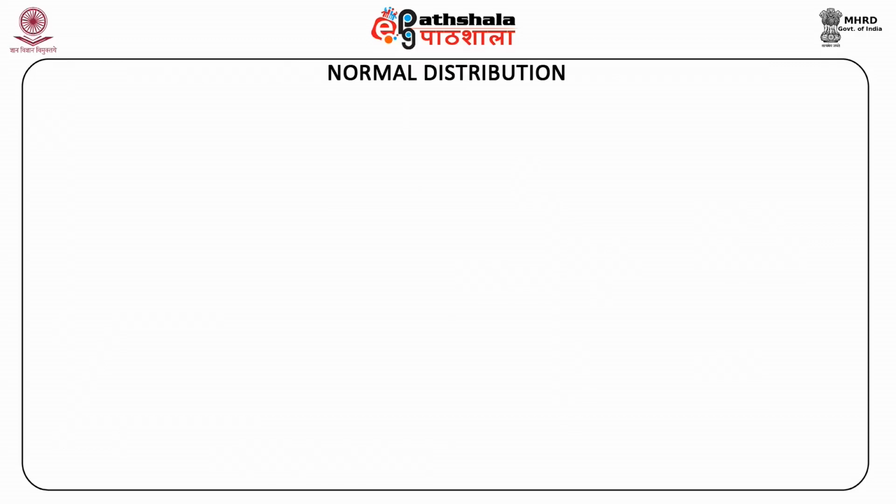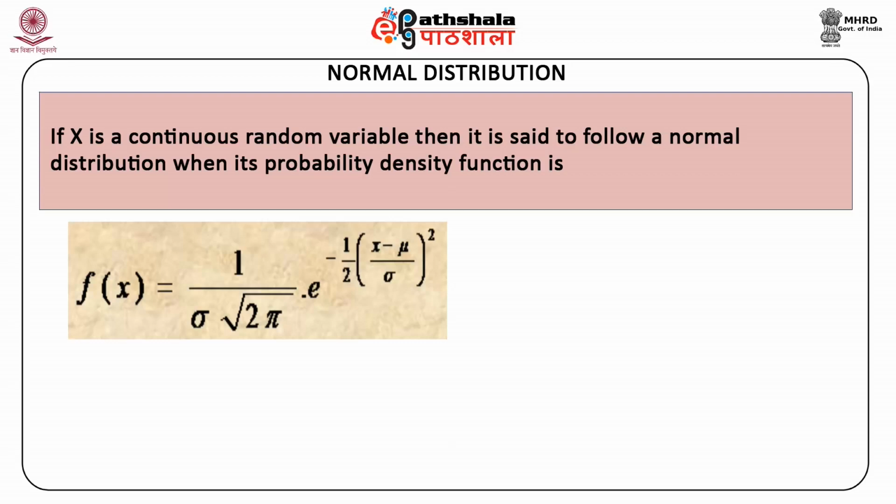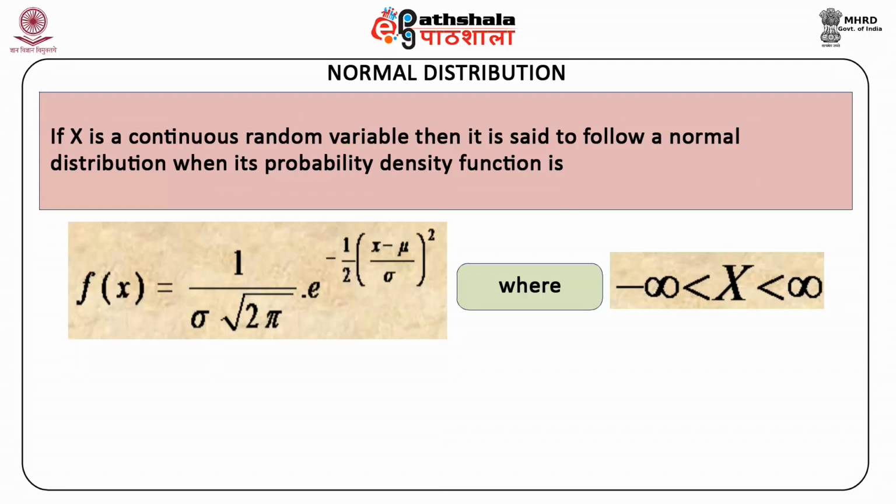Moving on to the normal distribution. If x is a continuous random variable, then it is said to follow a normal distribution when its probability density function is f(x) equal to 1 upon sigma times the square root of 2 pi, multiplied by e to the power minus 1 by 2 times ((x minus mu) upon sigma) whole squared, where minus infinity is less than x is less than infinity, where mu is the expected value of the distribution and sigma is the standard deviation of x in the population, and pi is equal to 3.14159 and e is equal to